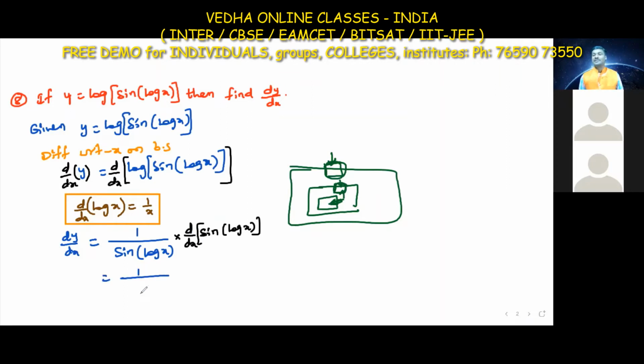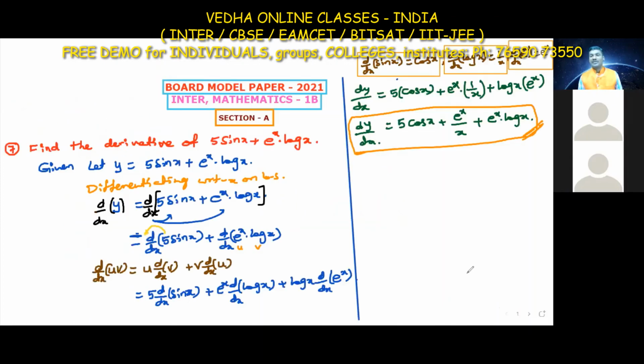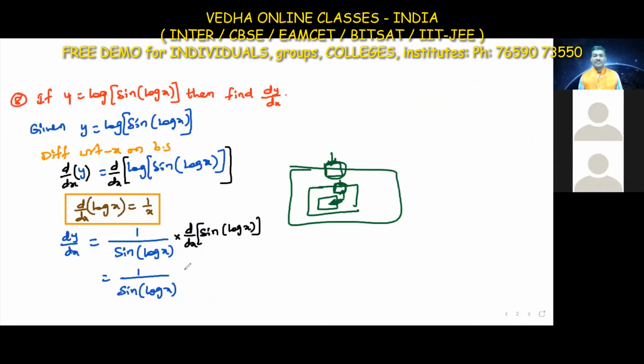This is called the chain rule in differentiation. Okay, no need to change this outside part. This is done already. Only we have to apply the formula for the inside part. d by dx of sine. Just now we discussed the sine formula also. d by dx of sine x is equal to cos x. All the formulas we get repeatedly like this only. This is equal to cos of log x again. Okay, so written cos of log x.